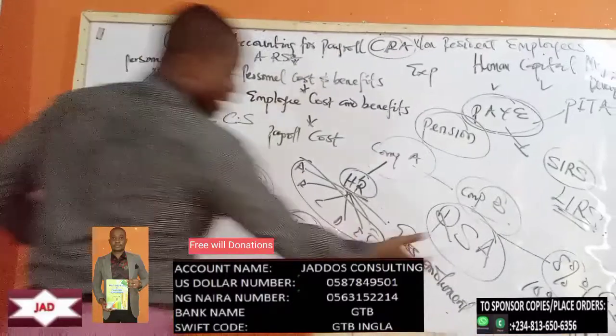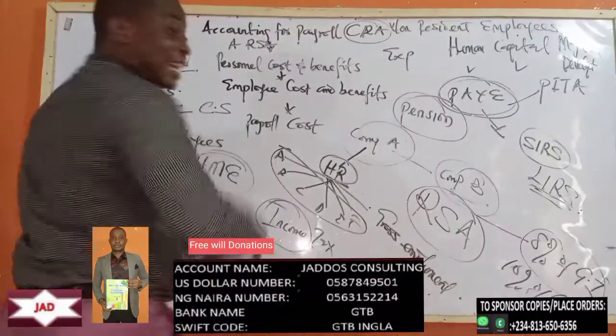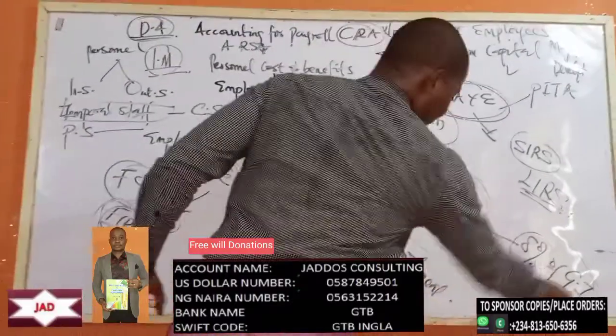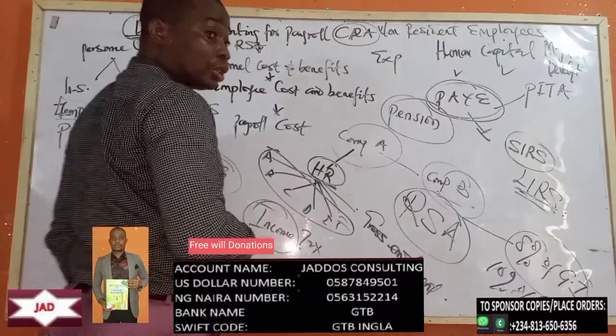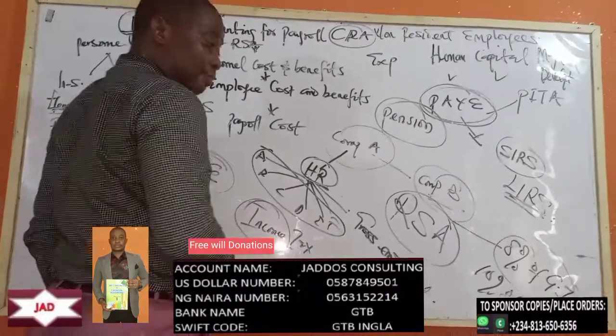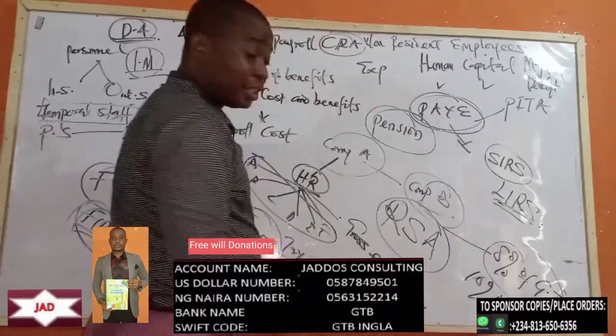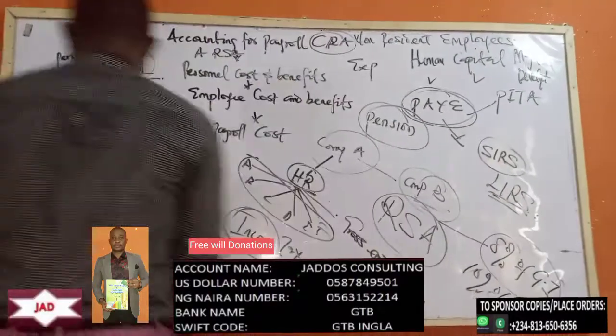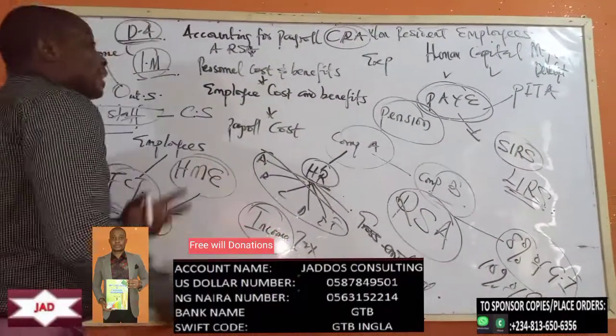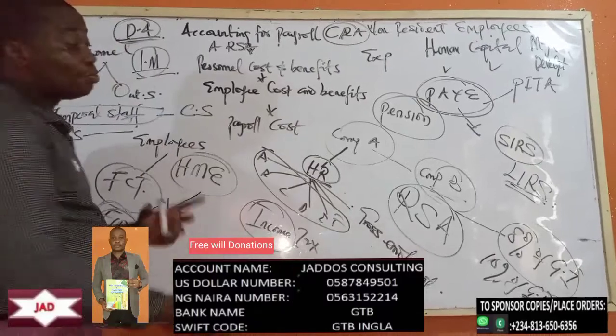So when you add everything up, 8% of it is contributed to what? To your pension scheme by you as an employee. Then the employer will contribute 10%. Okay, although in some instance, if you're a good negotiator, you can negotiate with the employer to bear all the